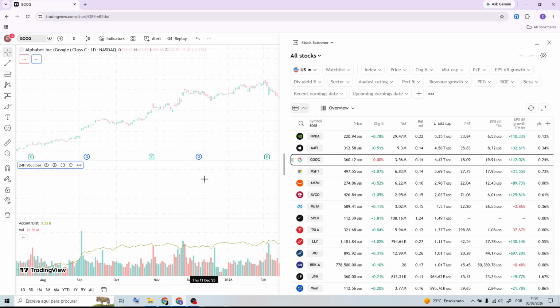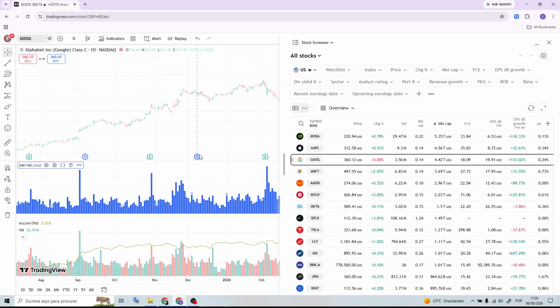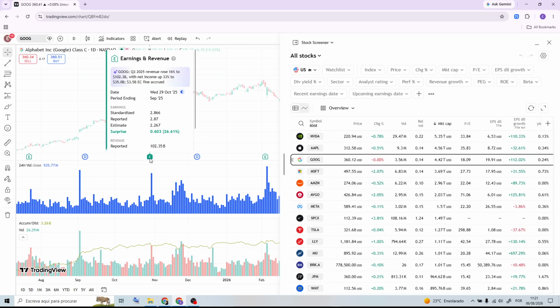After that, start applying filters to narrow down your results. Click Filters and choose the criteria that match your trading or investing strategy. For example, you can filter by market capitalization, sector, price, trading volume, technical indicators, financial ratios, or performance over a selected period. As you add or remove filters, the list of stocks updates automatically, making it much easier to identify opportunities that